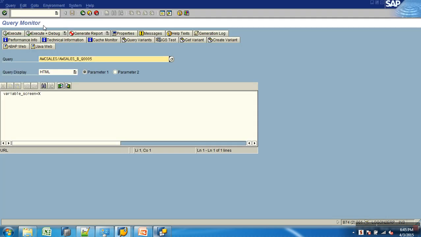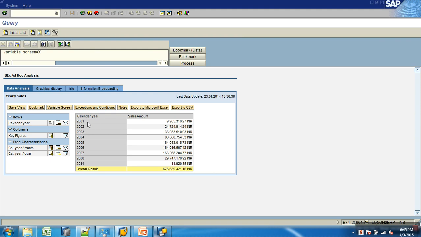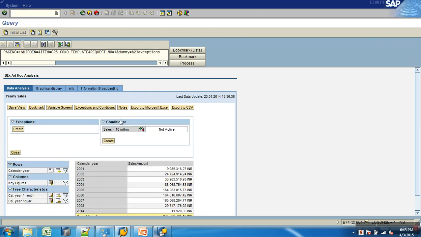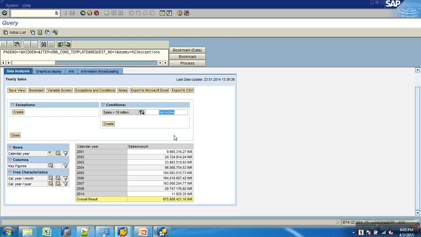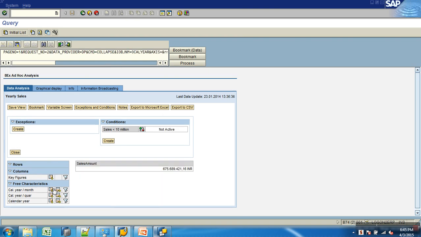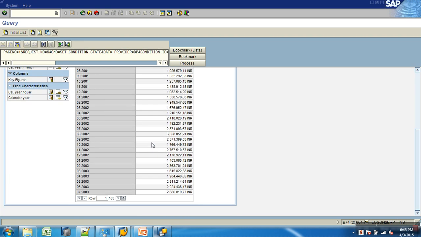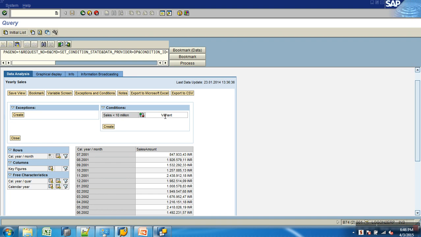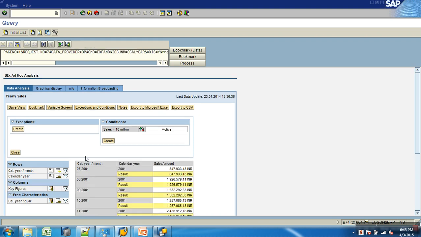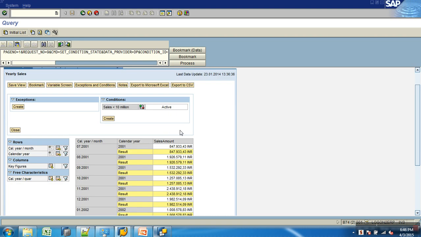I can make the condition specific for a particular characteristic drill down. Now here is the drill down, right? That's why look at this, the condition says you can activate or not activate, right? But if I remove the year from the drill down and if I drill down on month, so what is it playing? It says the variant does not belong to it. But if I bring year along with month, if I bring year, I can activate and inactivate. It doesn't say variant now.